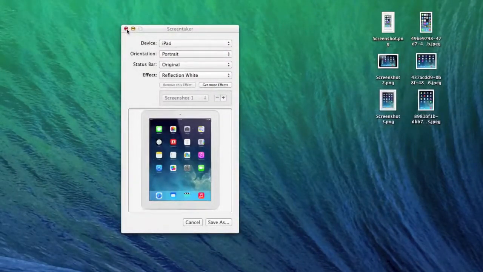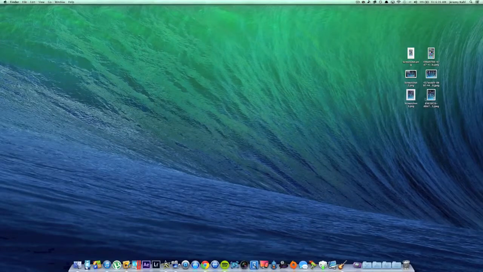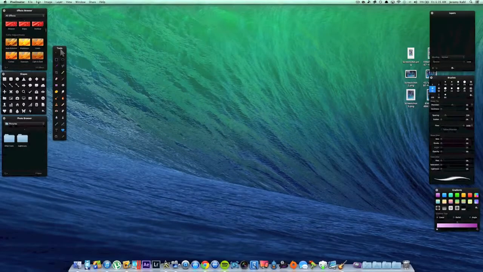Now, I'm covering this because it's something I like to use a lot for my YouTube thumbnails and also my website. It's an awesome way to put a screenshot and get it framed up with an actual device. So let's go into Pixelmator, and I'm going to open up a